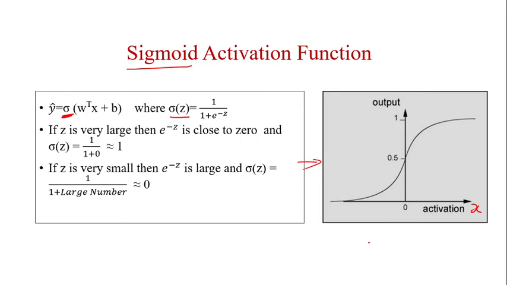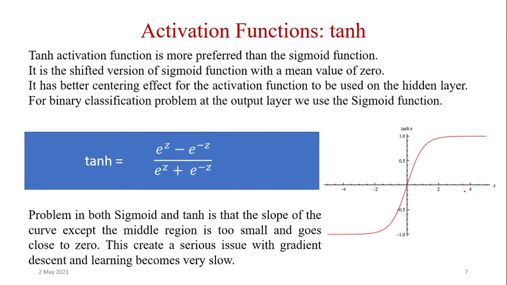If your value is less than 0, the sigmoid will be 0.5 or below 0.5. If your x is a positive value, your sigmoid value is more than 0.5, right? If your x value is negative, then it will be less than 0.5 and it will move ahead. So at minus infinity, it will be 0, and at plus infinity, it will be 1. So this is your sigmoid function.